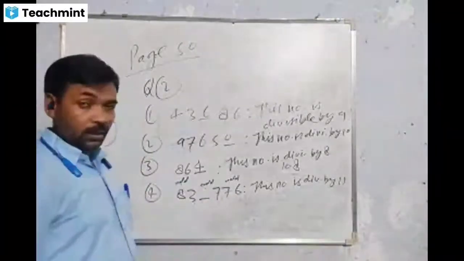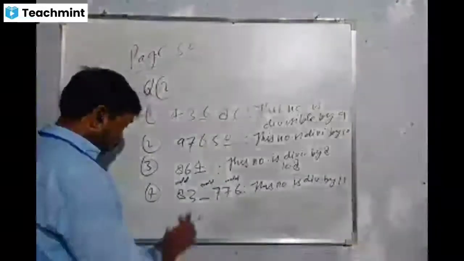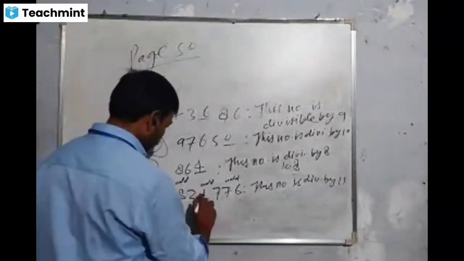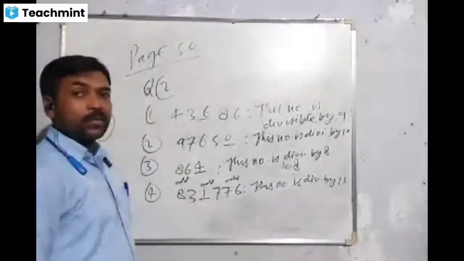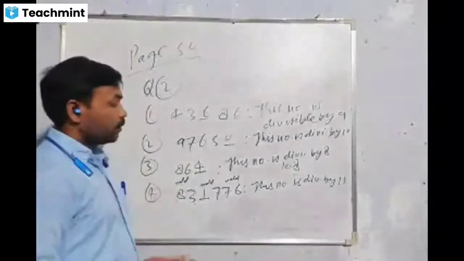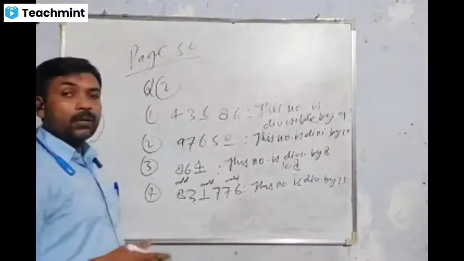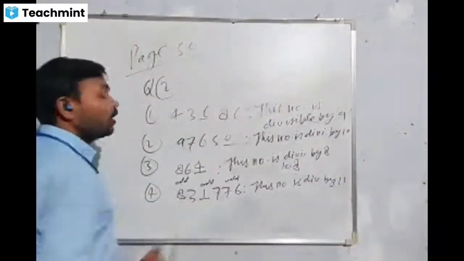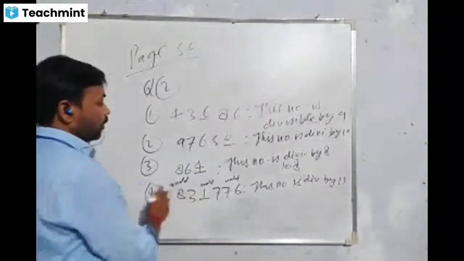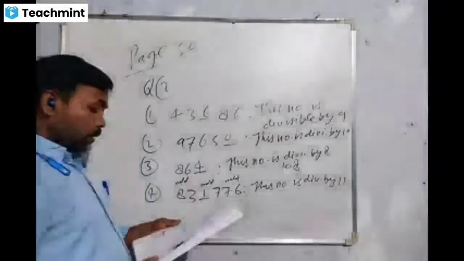So how do we get 0? 15 minus 16 does not come to 0. So here if we put 1, then both sums will be 16, and 16 minus 16 will be 0. Then the number is divisible by 11. So here should be 1. So our answer should be 1.